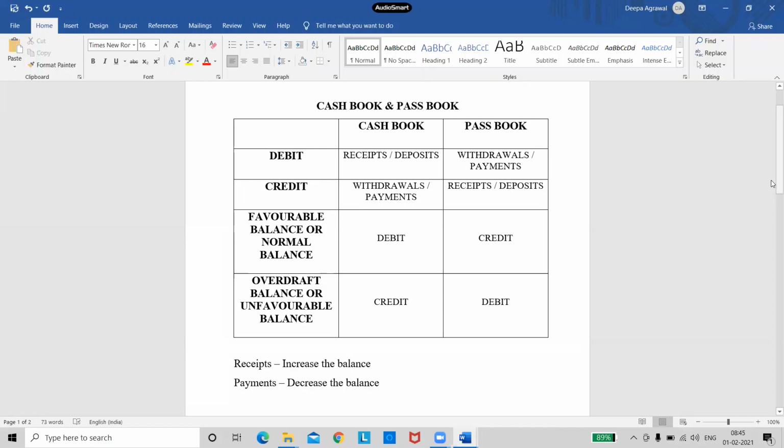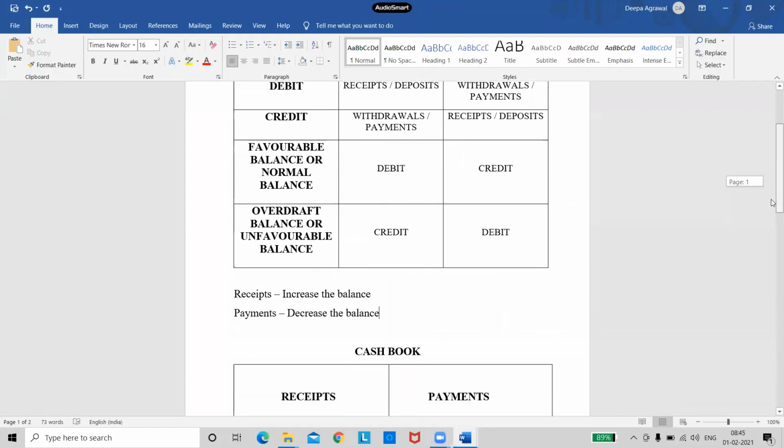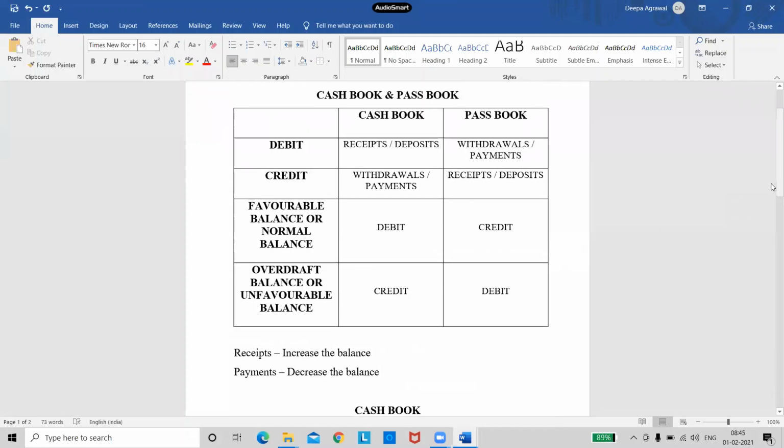So is the table and the points clear? Is it done in the notebook quickly? Yeah, finish it quickly so that I start. So we'll start with the process if you're done. Ma'am, we have to make this table. Yes, you have to make the table in the notebook. You need this table for solving every problem. Okay, ma'am.